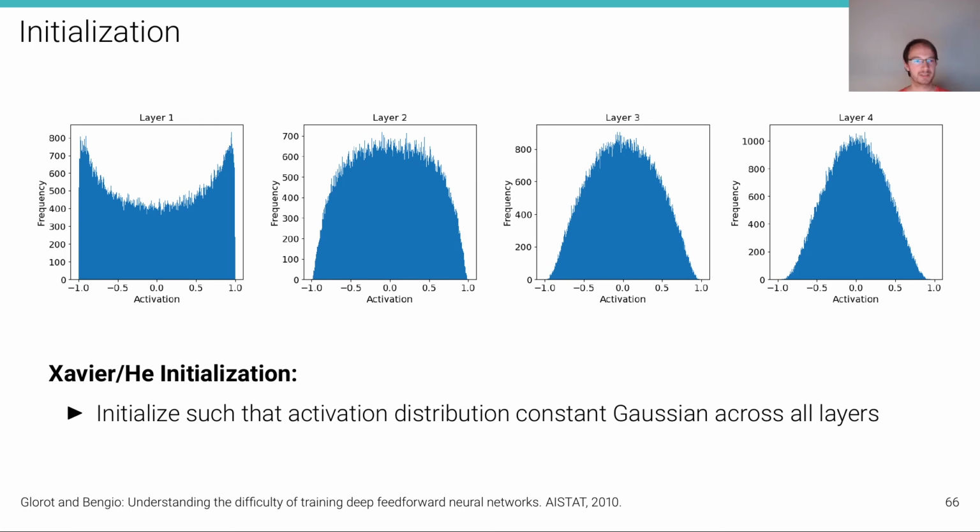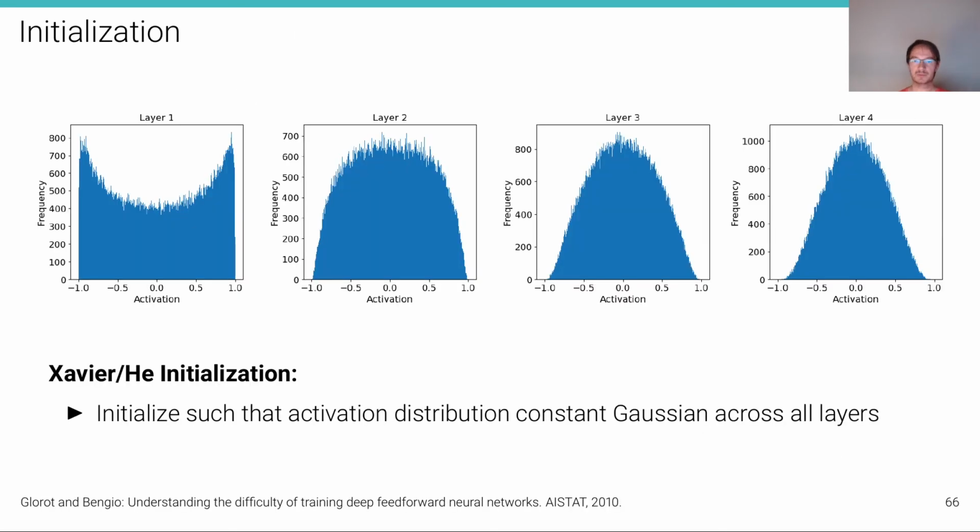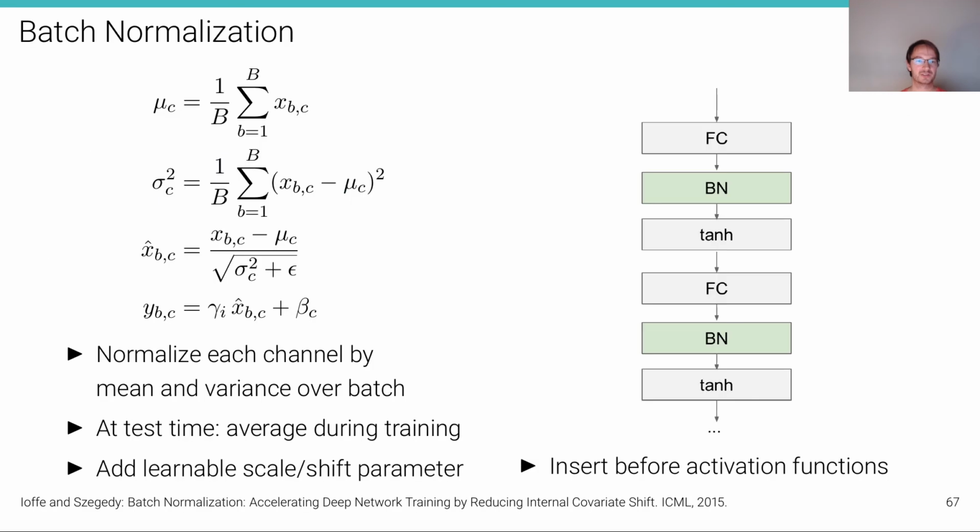So we have already seen that initialization is very important. So you should use proper initialization such that activation distributions remain constant. For instance, Gaussian across all layers with the same mean and standard deviation. Another technique that enforces this constancy of distributions of activations across layers, but during optimization, not only at initialization, is called batch norm or batch